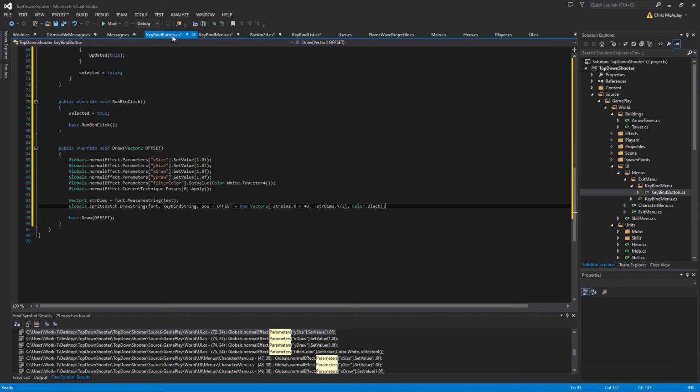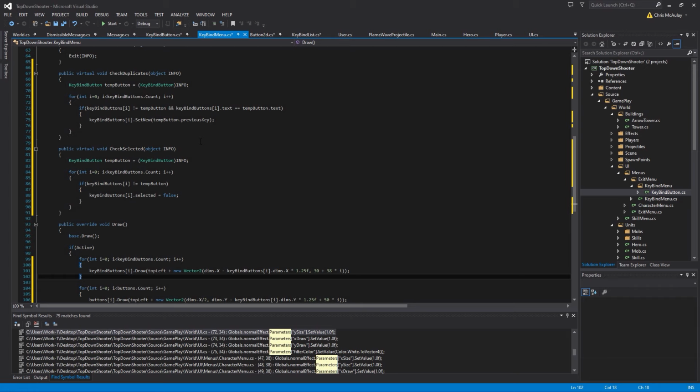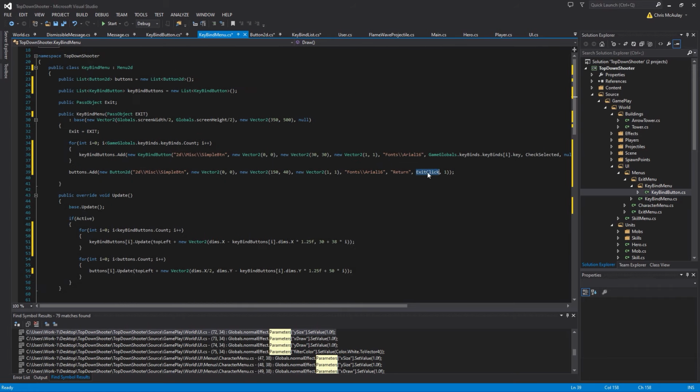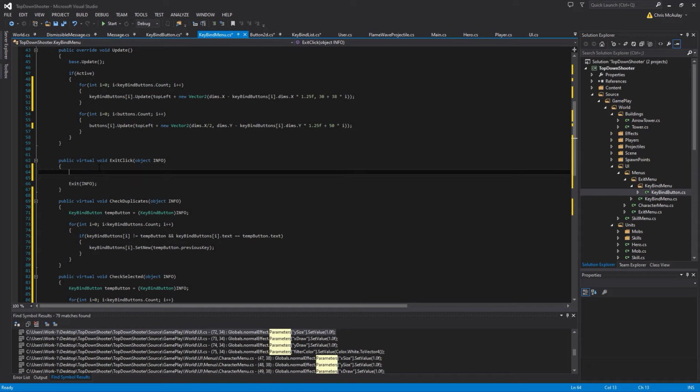Okay, so our button should be working. Our menu should be almost working. Exit, click. Yeah, we need exit info. We need to save. On the exit of this menu, we need to save our keybinds. So we need to make that happen. So let's start with creating an X document. X document key